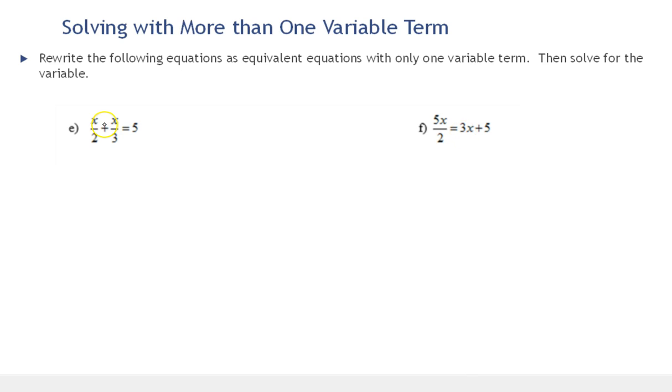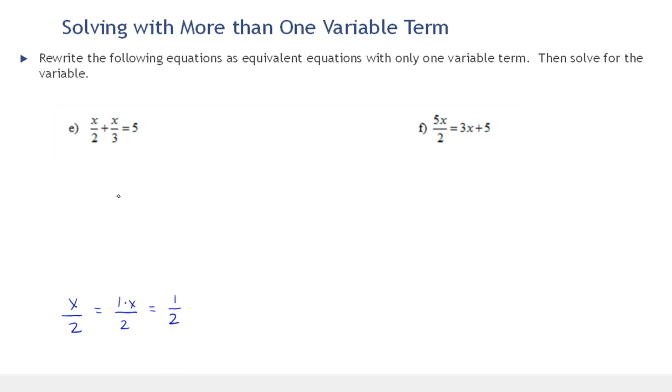First, here we have the quotient of x and 2 plus the quotient of x and 3 equals 5. Remember, our first goal, if there's nothing to distribute here, is that we want to combine like terms. Now these quotients may not look like terms, but let's remember another way we can write these with coefficients. So let's write this down here. X over 2, we can think of that as 1 times x over 2,